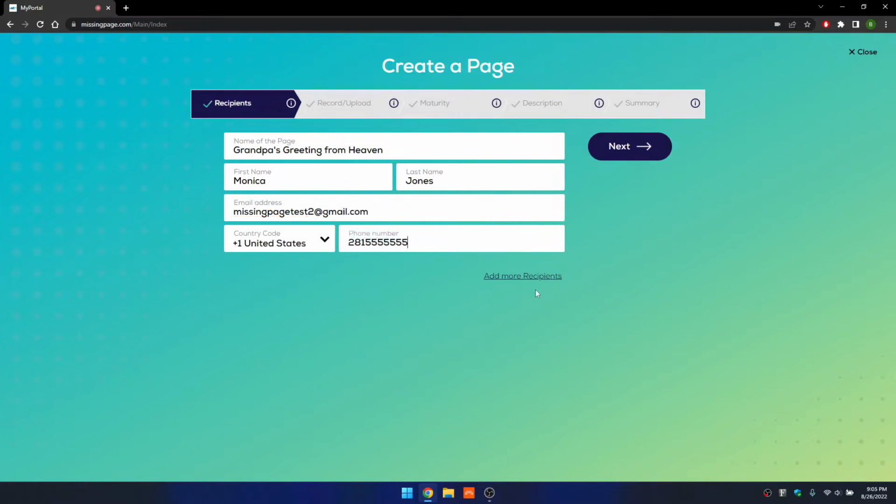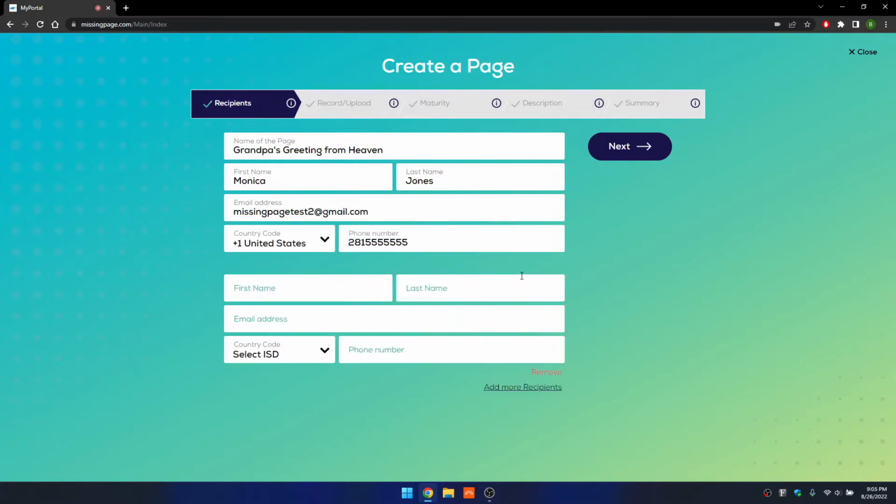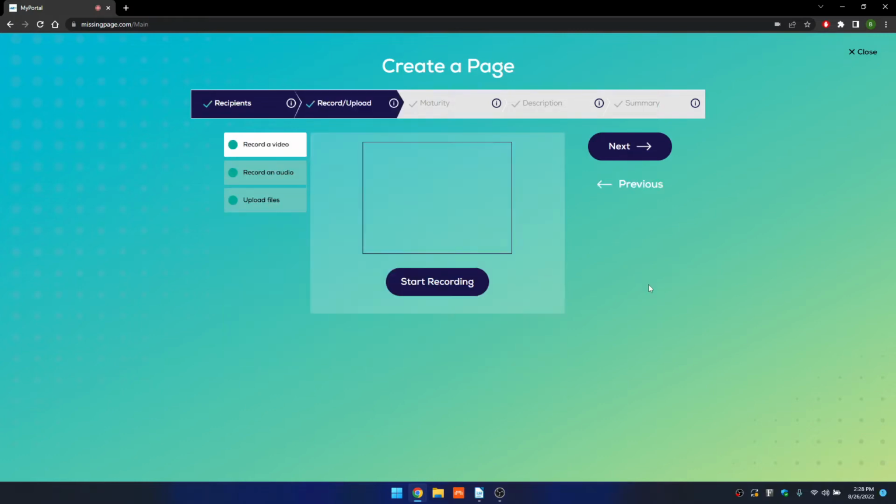Please note that at the bottom we can click to add multiple recipients in case the granddaughter has multiple email addresses. It is always recommended to enter multiple email addresses in the event that one of the email addresses is deactivated for any reason. At this point, we can click on Next, and for the Record Upload tab, the grandfather